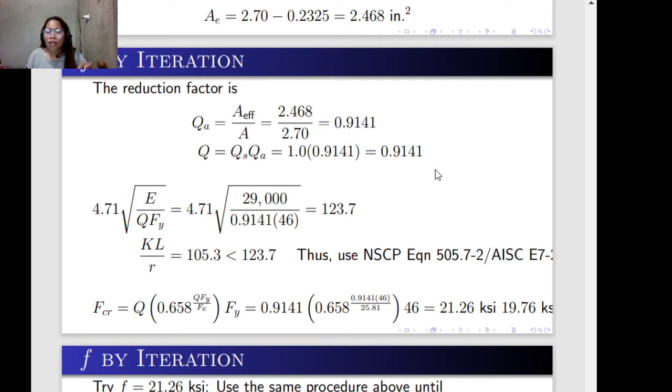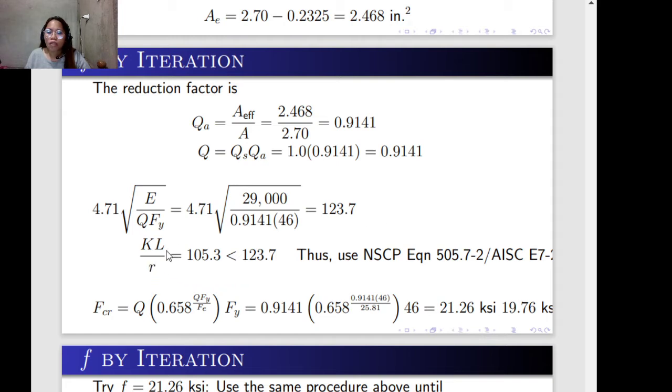Then use this Q for the computation of the limiting value to compare the slenderness ratio: 4.71 times the square root of E over Q Fy, since we have to reduce this because this is for local buckling. Using this computed Q, 0.914,